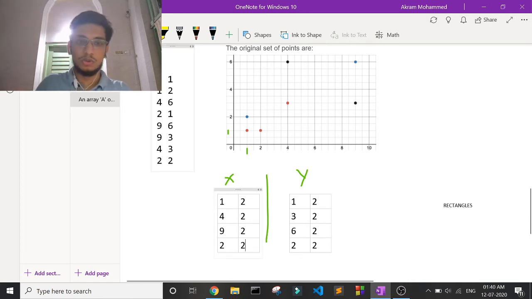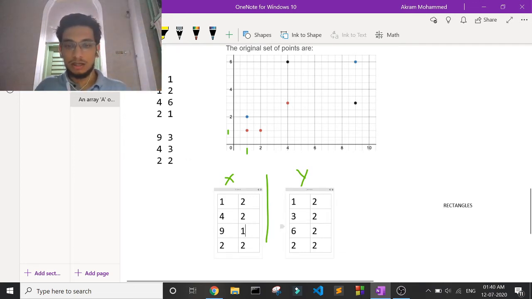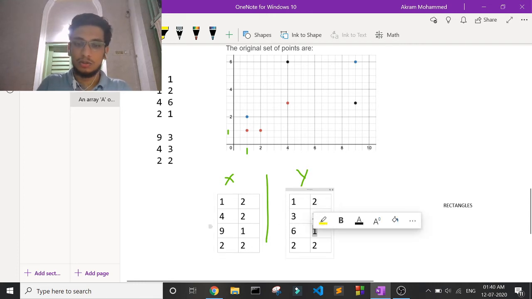Let's say we have this 2 2, and let me remove something else. Let's say I remove 9 and 6. Now what happens to the frequency of the 9s in the x part? Now we have only 1 9 here, and only 1 6 here, and if we try to count the frequencies of the x and the y, we see that there is only 1 9 and 1 6, which is odd. There's an imbalance, which is exactly the coordinates which we are missing, right?